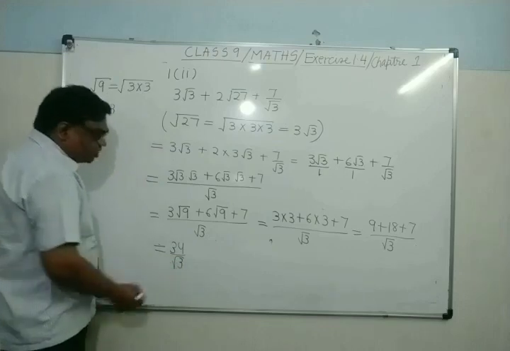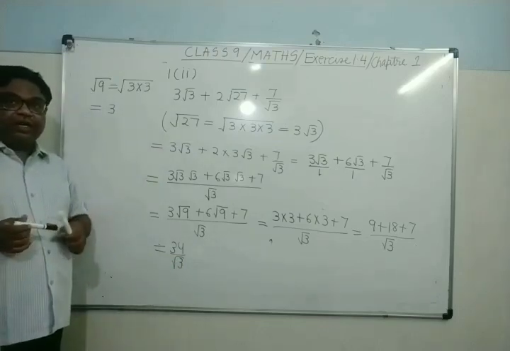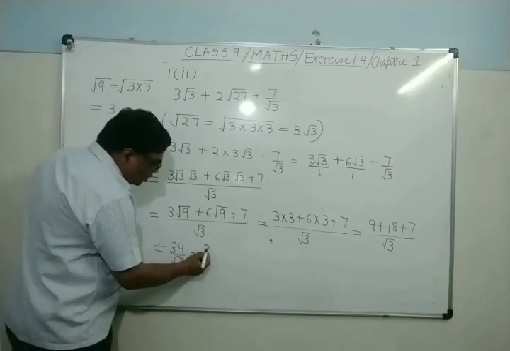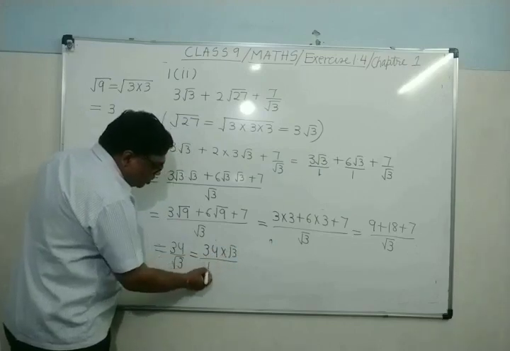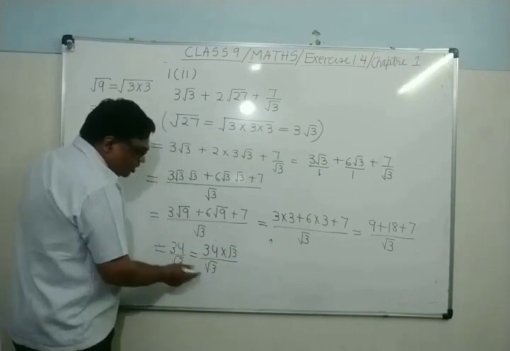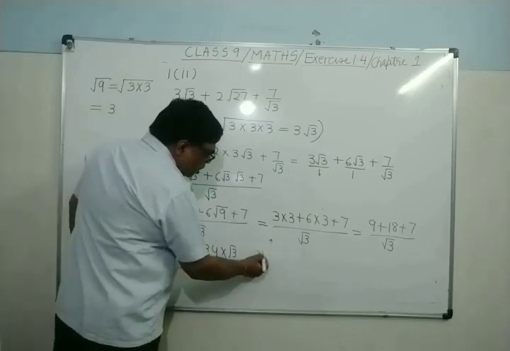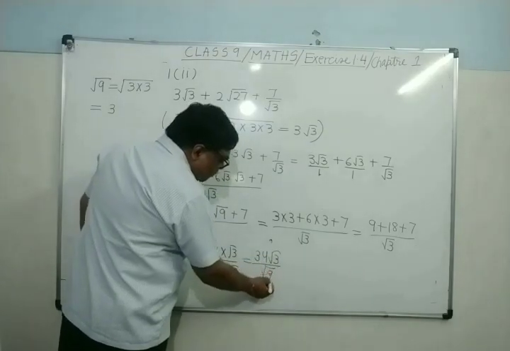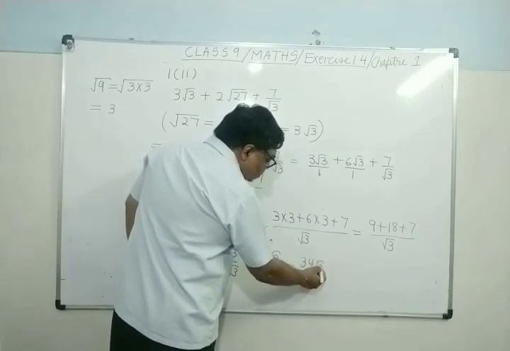It can be rationalized here. We will remove the square root sign from the denominator. How? By multiplying numerator and denominator by root 3. So root 3 upon root 3 is already there, and 1 with which you have multiplied. So it is 3 root 3 upon root 9. Root 9 is how much? It is 3.